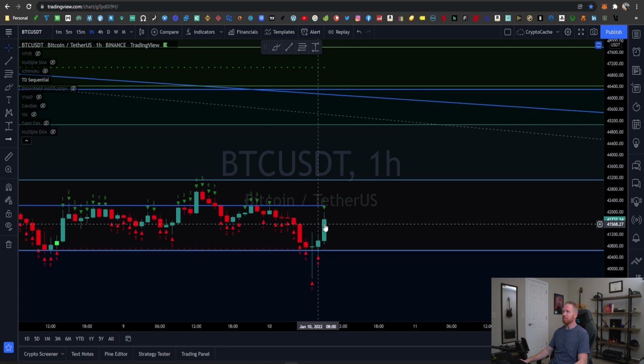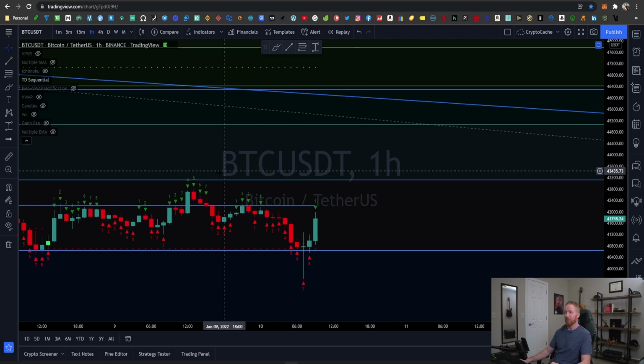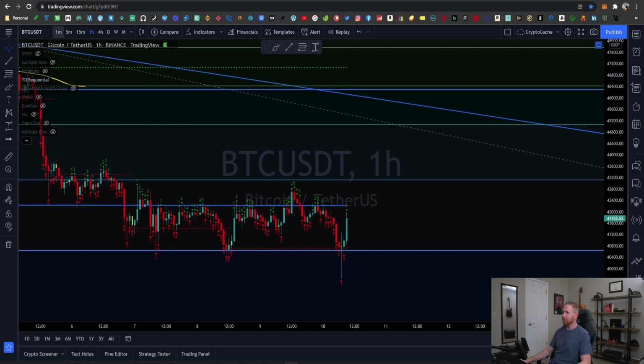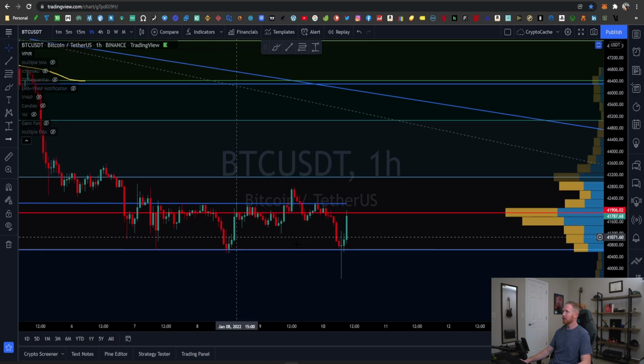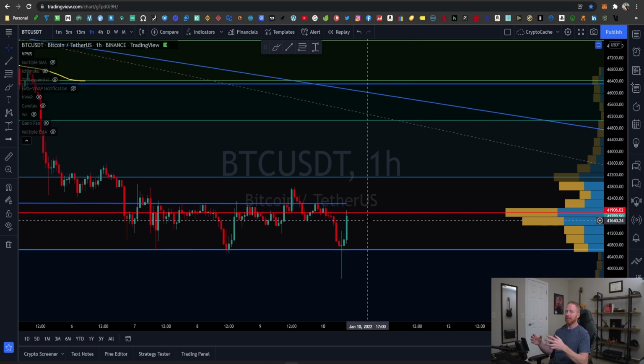This is beneficial in a small sense. We do have room for growth, and the price could very well travel up to about 43,000. We could see it come back up, possibly get rejected. I think the likelihood of getting rejected is very high, with this just being a strong resistance channel. And in fact, if we take a look at the volume profile too, we can see the volume is pretty much trending right at this area that we're at right now, so right at about 42,000. So between 42 and 42,200, we're seeing a lot of volume.